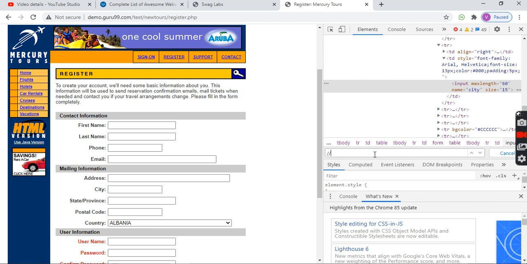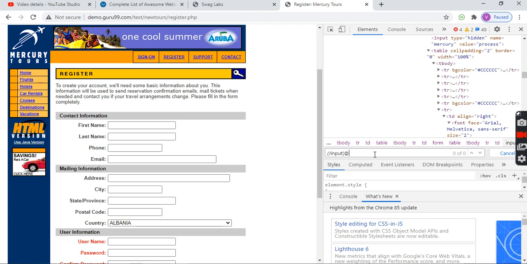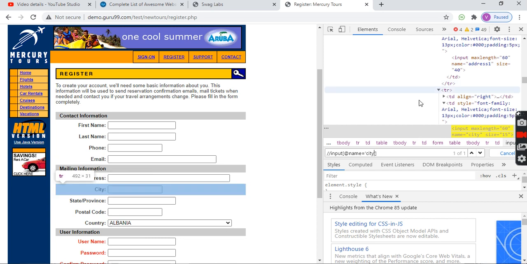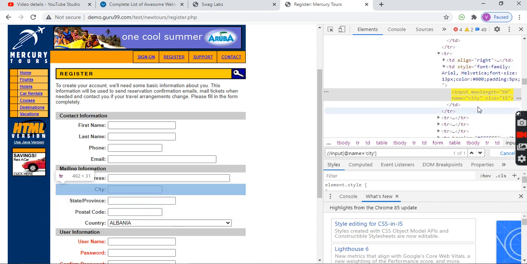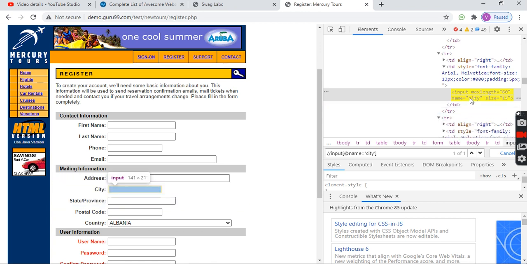Okay, let's go here. Input name is equal to city. Where we reached here. Where is our destination? Our destination is here. So what do we need to do? We need to go to here.